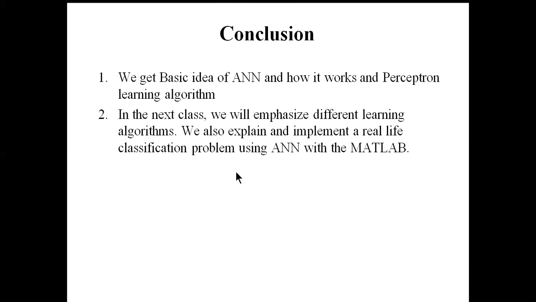We have also learned the use of different ANNs, that means when we can use a multi-layer feed forward neural network and when we can use a feedback neural network. Ultimately we gave a simple perceptron learning algorithm. The learning algorithm is nothing but finding the final or optimal value of weights and bias, so that we can conclude that the ANN model has been trained and can be used in future.